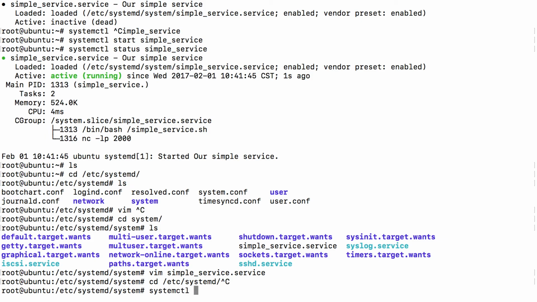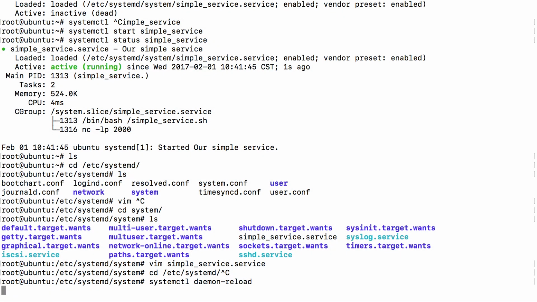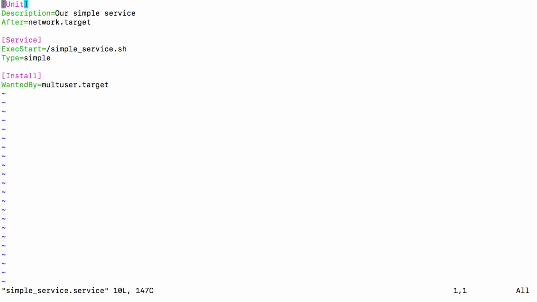Systemctl. Damn it. I always get the spelling mixed up. Reload. Alright, so it didn't actually tell me what was going on there, but I believe, let's try this again,